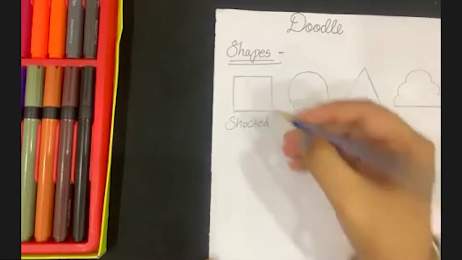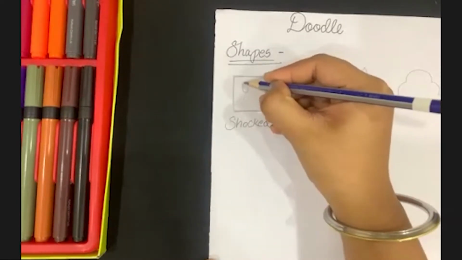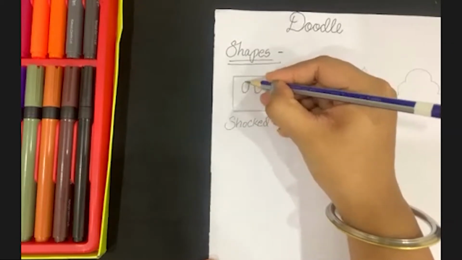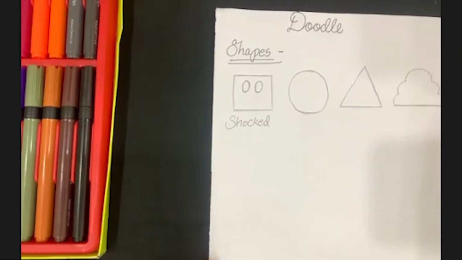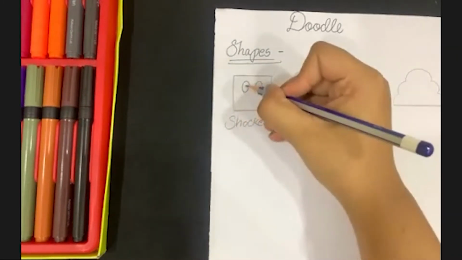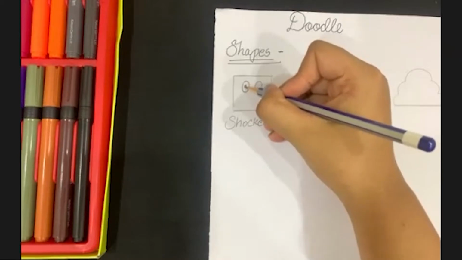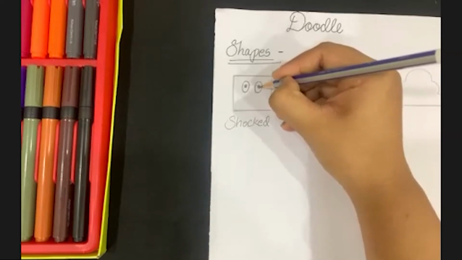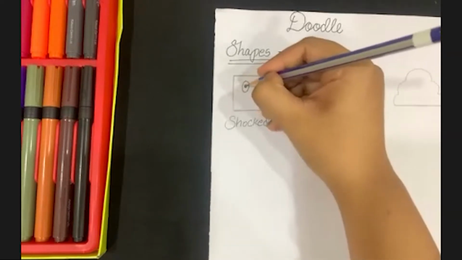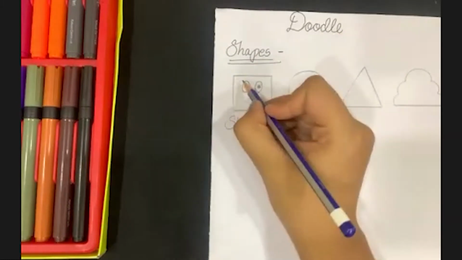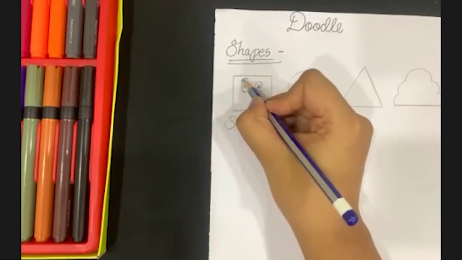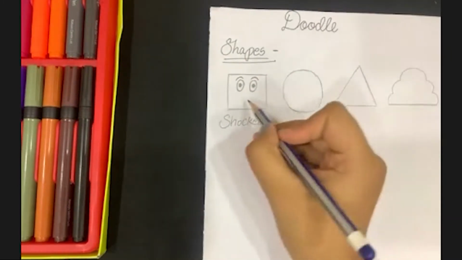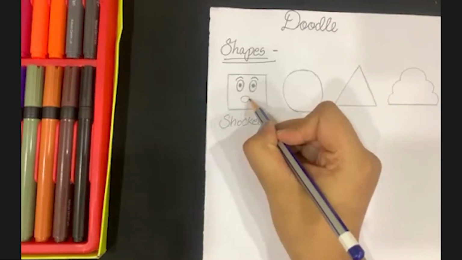Okay, so for that what I'm going to do is first I'm going to draw two ovals. Come on everyone, look at my screen. And then a small circle inside that, and I'm going to fill that circle, the eyeball. And then I'm drawing a C line eyebrow. And then here I'm going to draw again a slipping oval.